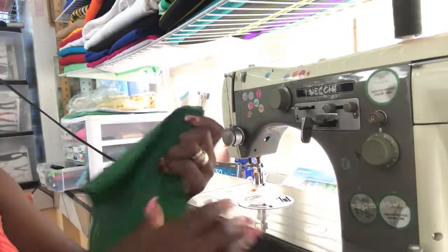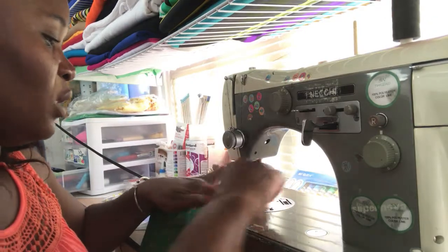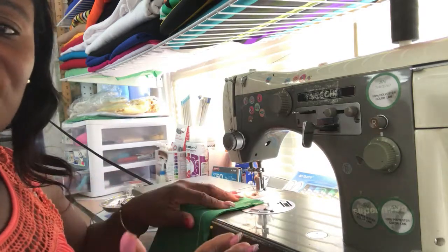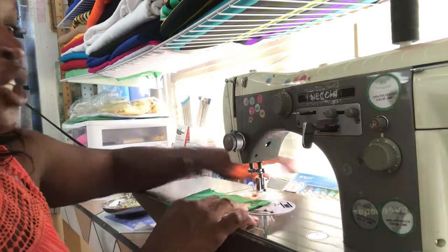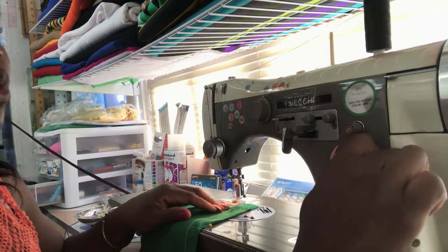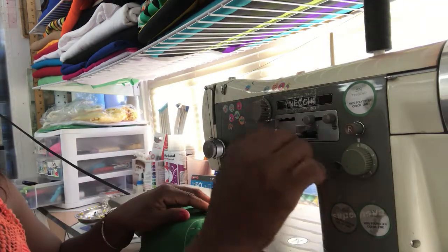So I'm going to base stitch down the line that we just drew. So place your fabric under your sewing machine, and on the line that we just drew down, you're going to base stitch it. Now, I am turning my machine to the longest stitch, which is 4, my own go-to. So I'm going to turn this to 4, and I'm going to base stitch this